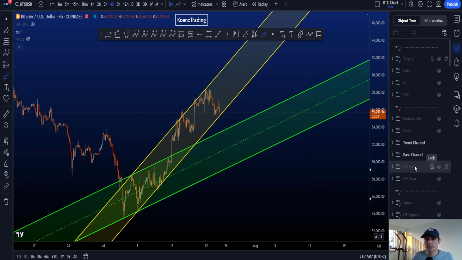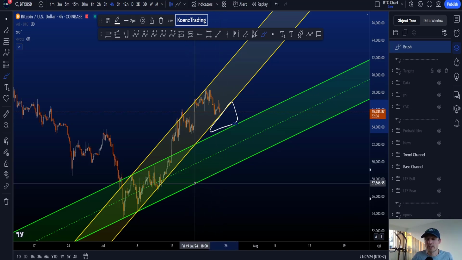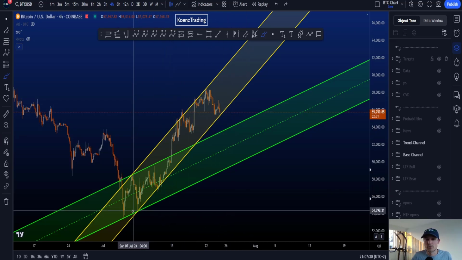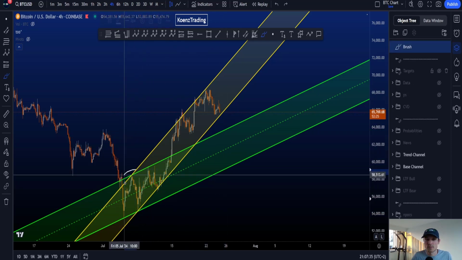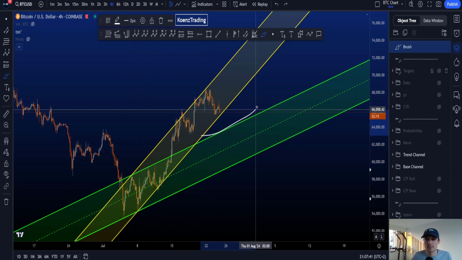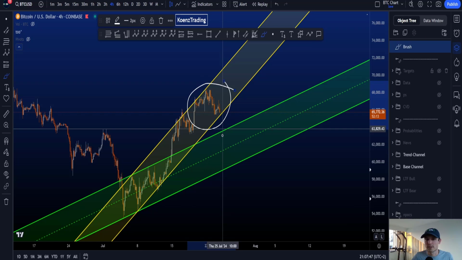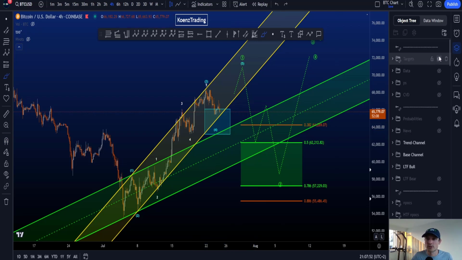Now, if we combine these two, then we can actually get a bit of a target area for a potential 4, which is this triangle you see on the chart over here, right? Now, this triangle is then based on the two channels. You can very easily put these on your chart as well and then observe price action in this triangle here. So the green one, again, taken from the low here to the low here to the high, and then the bigger yellow one from this high to the high currently on the chart to the second low, right? And then you can have this triangle and observe what price does here, as preferably we are going to move below the trend channel and towards the base channel inside the wave 4 box,